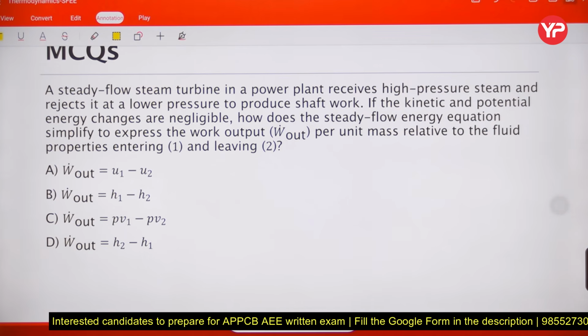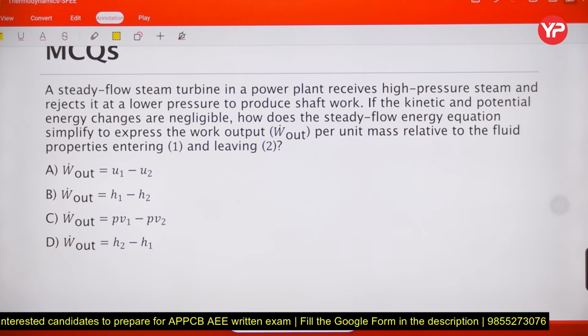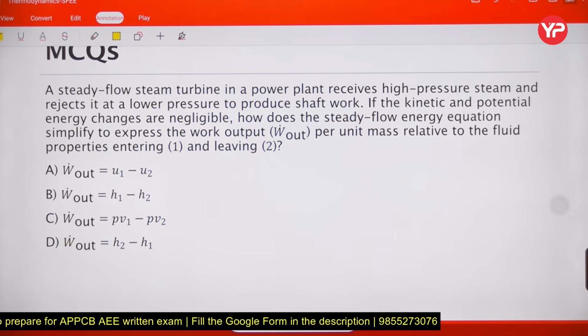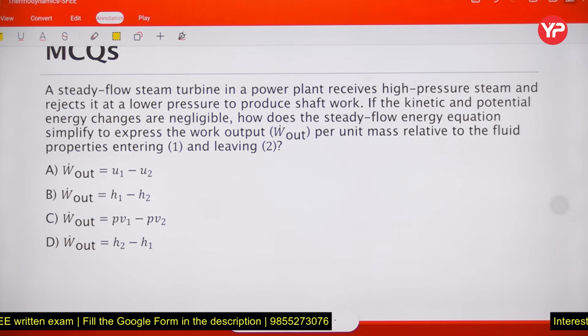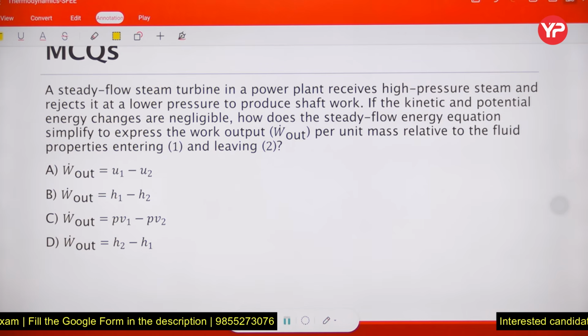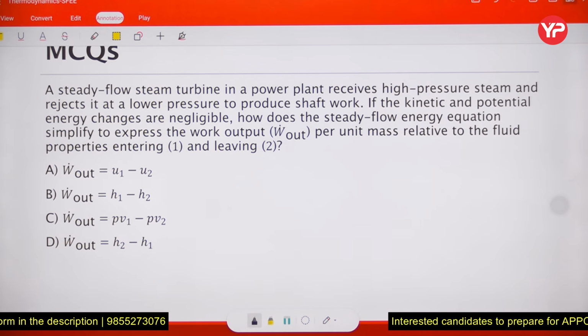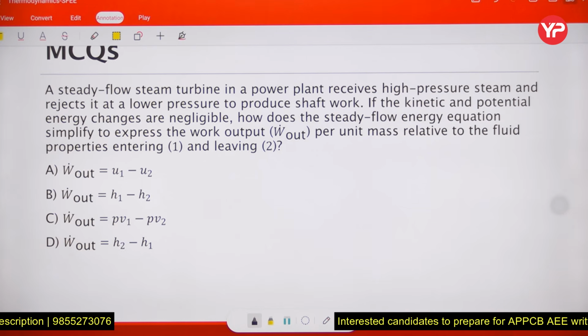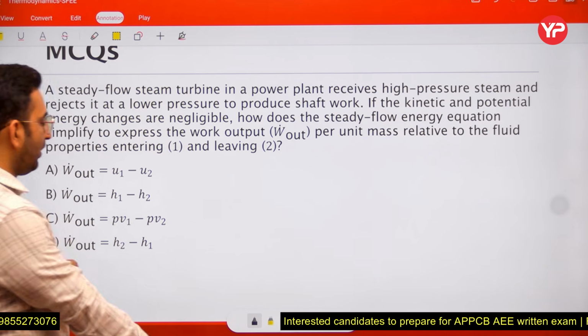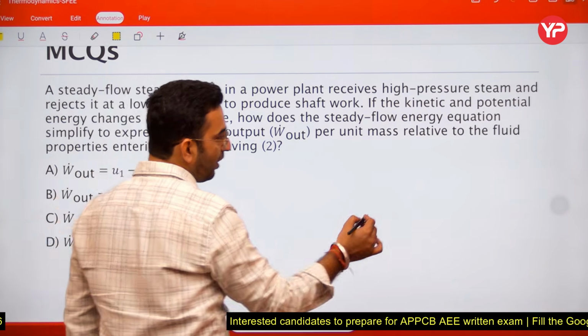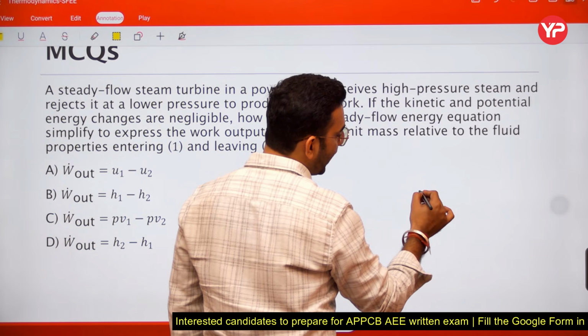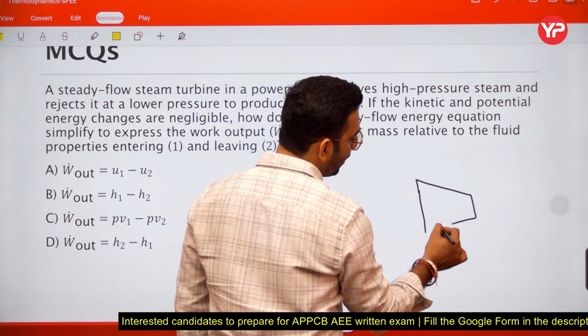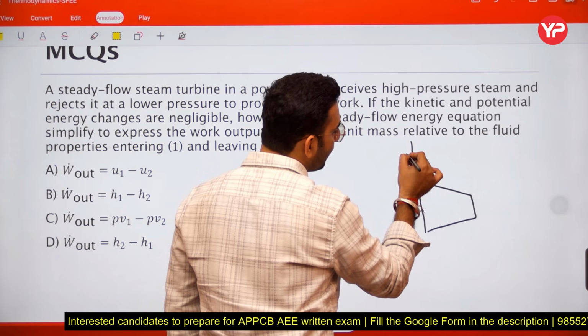A steady flow turbine in a power plant receives high pressure steam and rejects it at a low pressure to produce the shaft work. If the kinetic and potential energy changes are negligible, how does the steady flow energy equation simplify to express the work output per unit mass relative to the fluid properties at entry 1 and exit 2? Now what is given to us? We have been provided with the turbine here, let us say like this one. Now the fluid is entering at point number 1